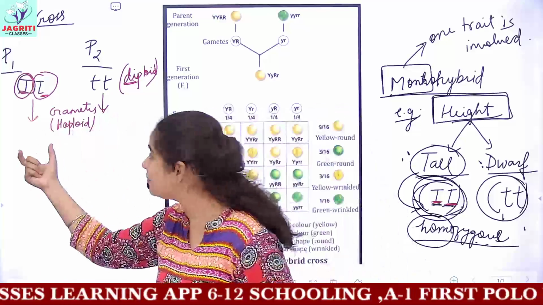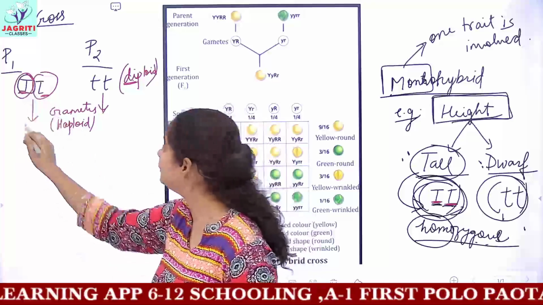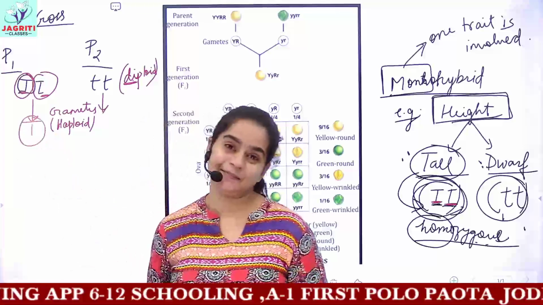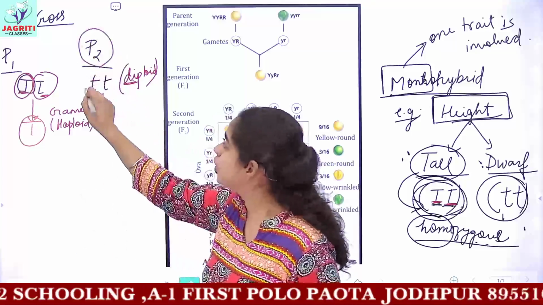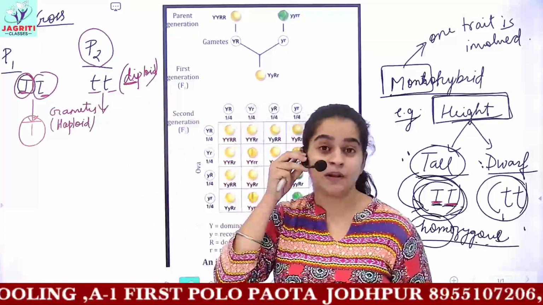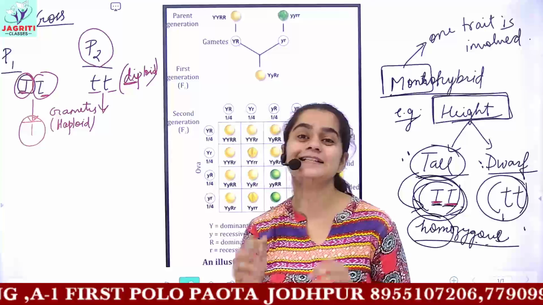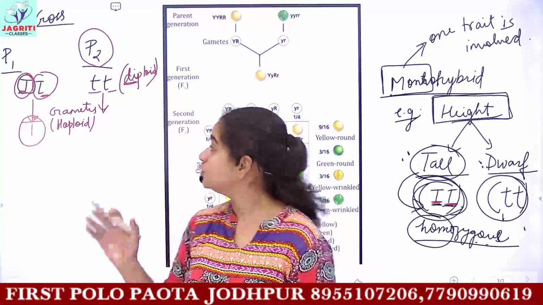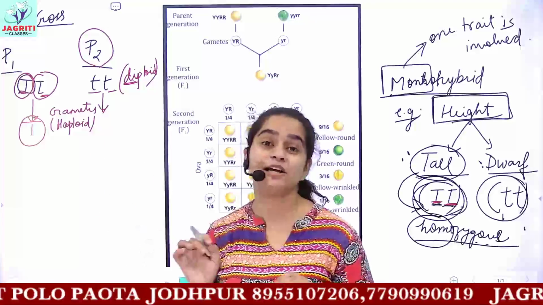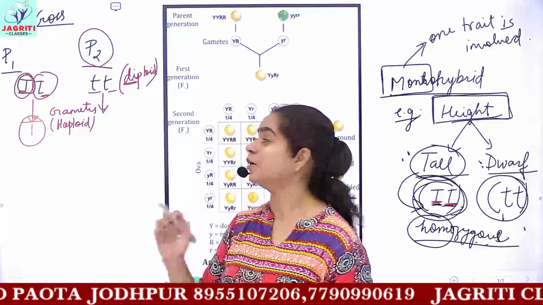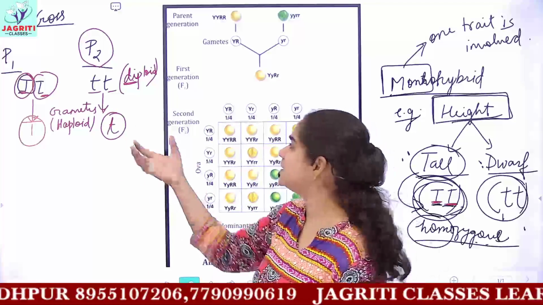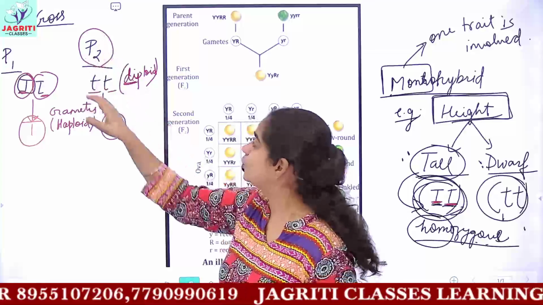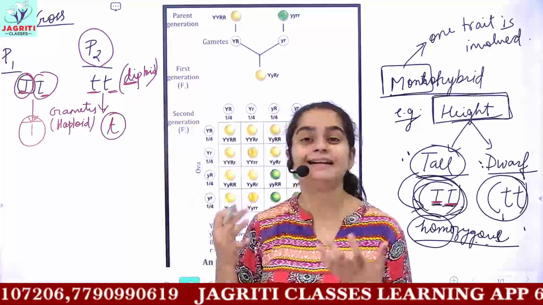So each gamete will receive only that allele. The other parent is also homozygous in condition. Both the alleles of the next parent are small t and small t. So now this parent will also form gametes, and each gamete of the parent would contain the allele small t, because there is no other option. This parent only has two same alleles.